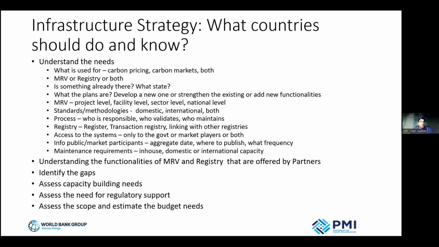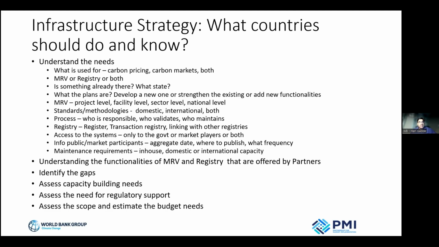And then of course the most important point is also the maintenance requirements, because a tool is just a tool, but the real challenge is with its operation and the governance and institutional arrangement that I mentioned. And obviously no country wants to have a complex and very sophisticated system that may not serve the actual purpose, depending on the number of projects that the country wants to develop and track.